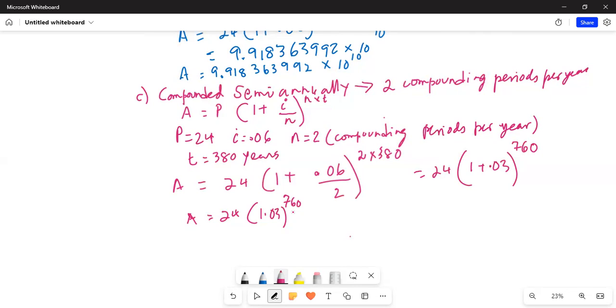It's slightly more than what we got last time. And the amount now, in 380 years or 760 compounding periods since the beginning of the investment, is